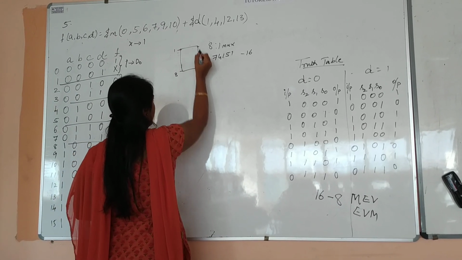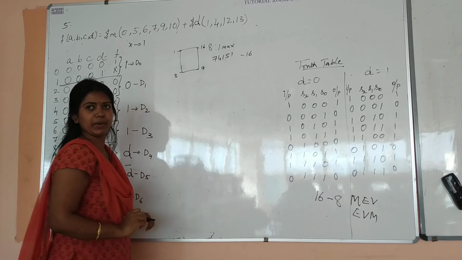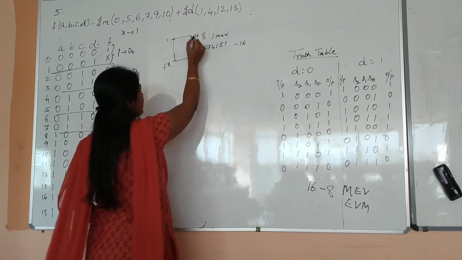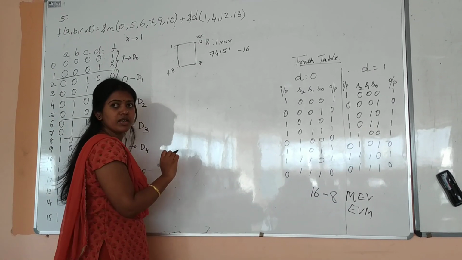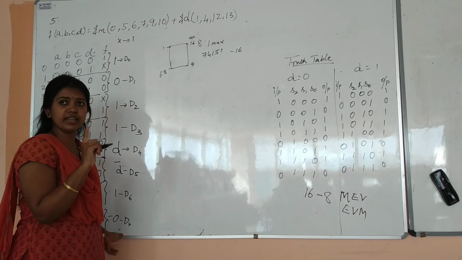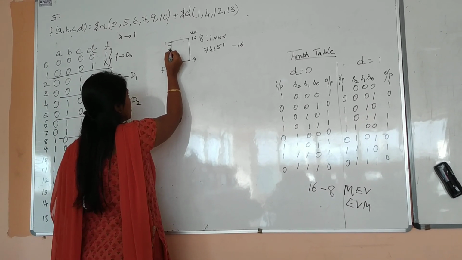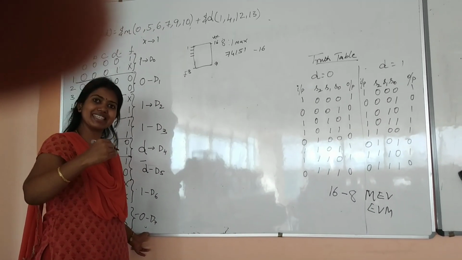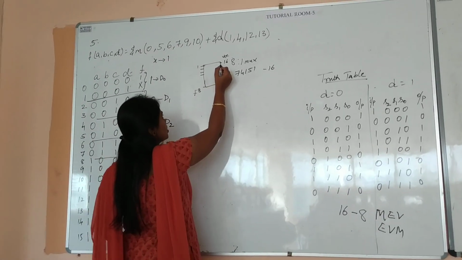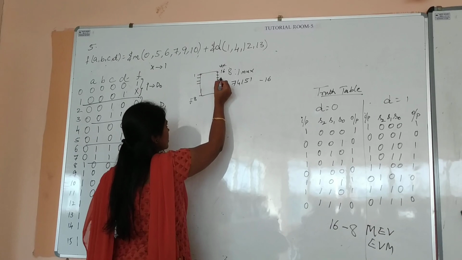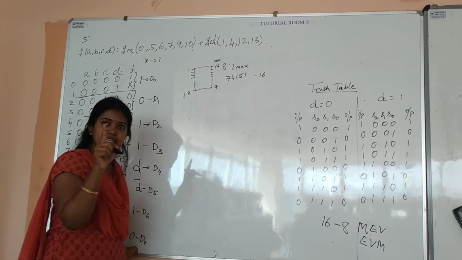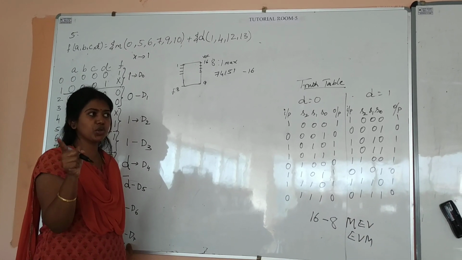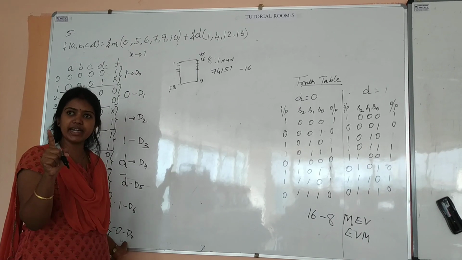As I said, this is a 16-pin IC. On the left side you have 1 to 8, and here you have 9 to 16 pin. Pin 8 is for ground. Observe that. Pin 16 is for VCC. Next we need 8 inputs. If you observe carefully, pin numbers 1, 2, 3, 4 are D3, D2, D1, D0 pins, but in the opposite way. Similarly here 15, 14, 13, 12. These are the input pins on the right side, from D4 to D7. Did you get that one?